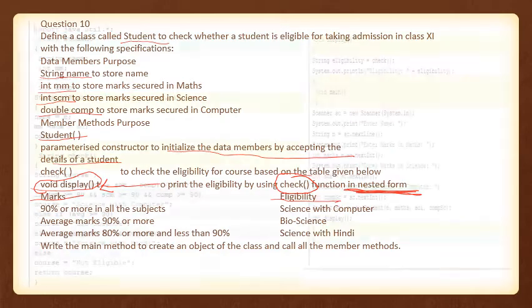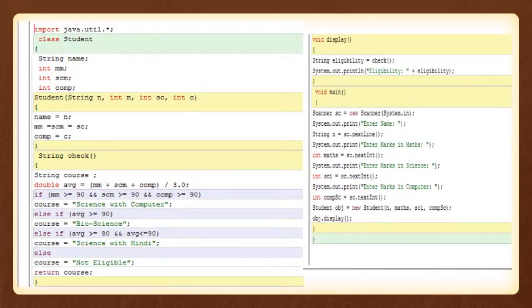Let's see the first. Import java.util, then define a class, then define all the data members.